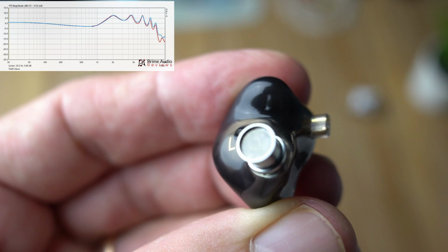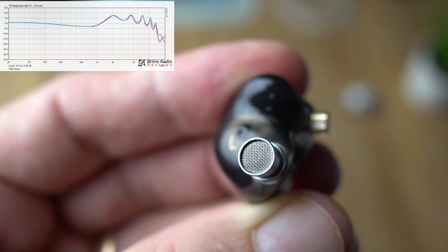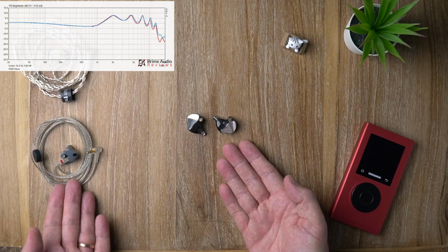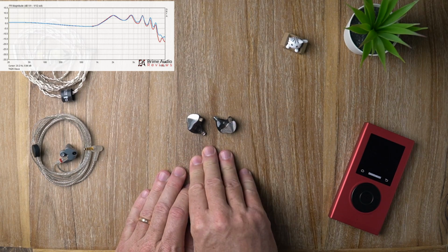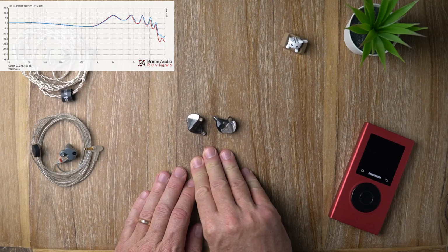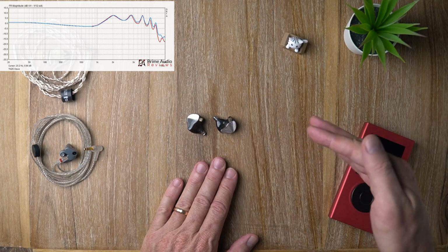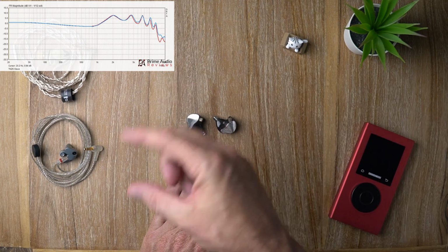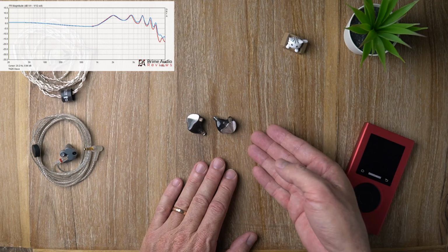Not as harsh or as extreme as what you get with the Moondrop SSR. Different, this one peaks at 2 kilohertz, this one peaks at 3 kilohertz. And the way that this one does it is the upper mid-range is pretty much in line with the lower treble, and the end result is a tonality that's pretty even but fairly forward in terms of treble